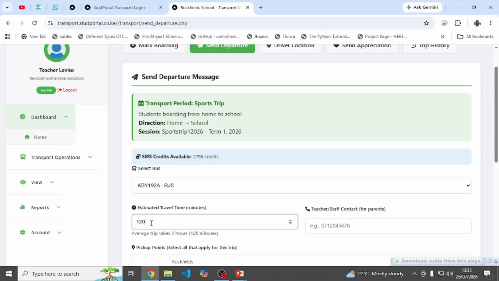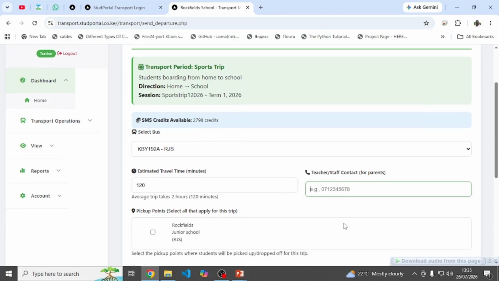Let's say 2 hours to the destination, either to RJS, Galleria, or Tengele. It's a rough estimated average time that you can still change if you know the exact time. Then, teacher, you provide your personal contact number the parents are supposed to reach out to in case of anything. So I will put my